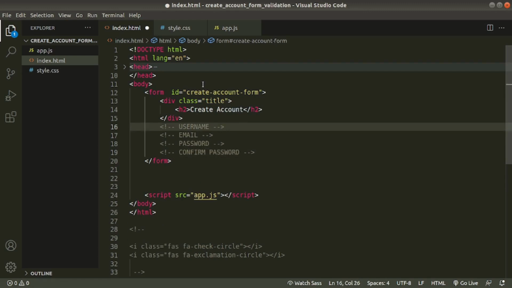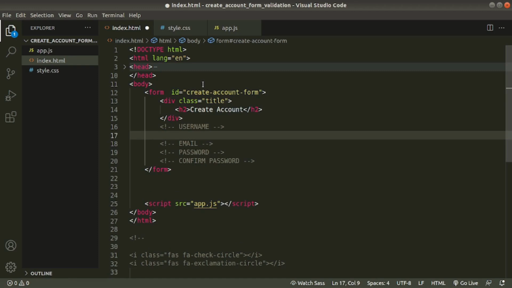Now we'll create input fields for username, email, password and confirm password. First we'll create it for username, and we'll create an input field, label and paragraph. We'll put all this inside a container. We'll give class name input group.